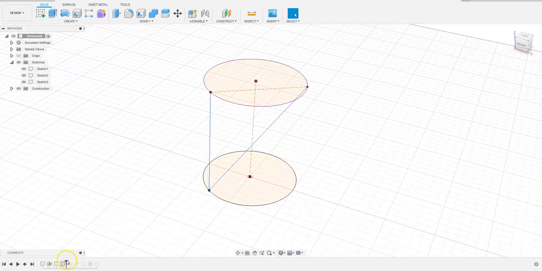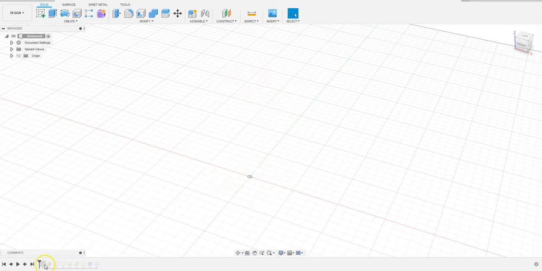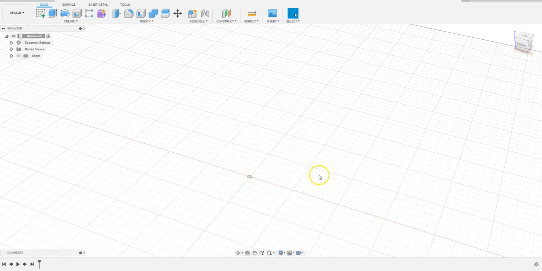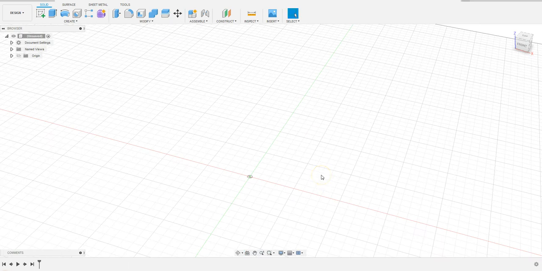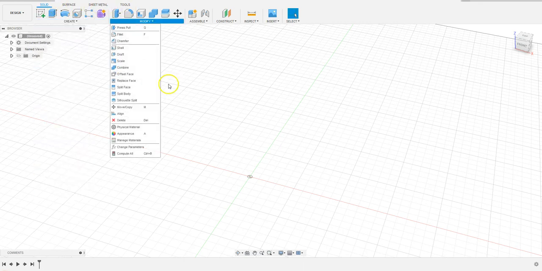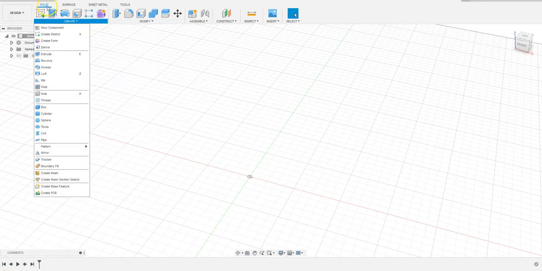All right. I'm going to delete everything. Let's go to the very beginning and delete all features after history marker. Please note that I'm using the new GUI, the interface of Fusion 360. It's very similar to the original, and maybe the icons are organized in different ways now. But be patient, you can find the functions you need. The solid, surface, sheet metal, tools, etc. I'm using design, and under the solid